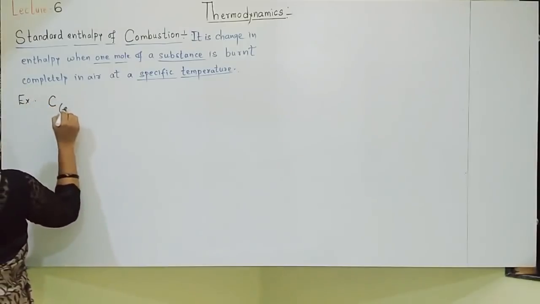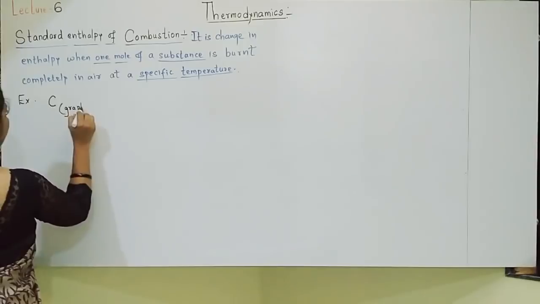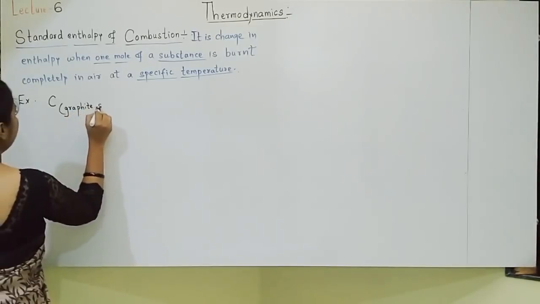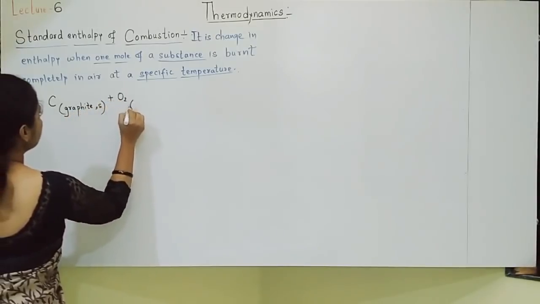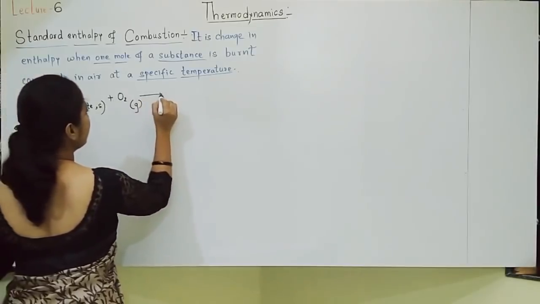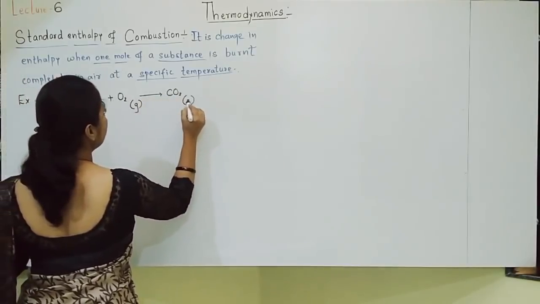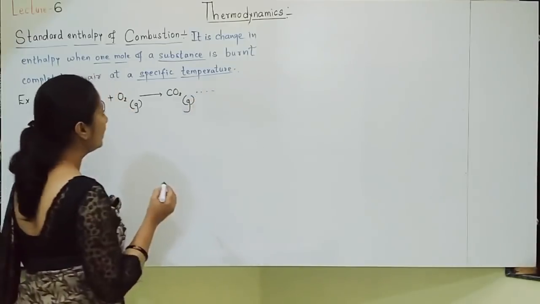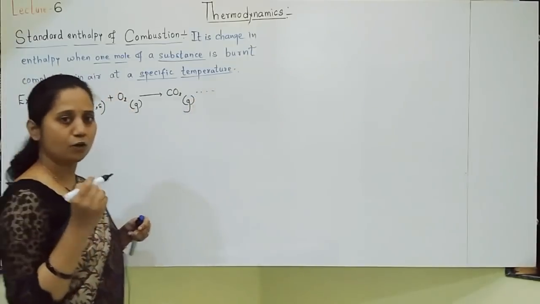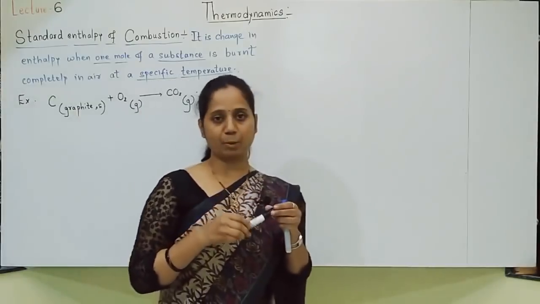Carbon. Physical state, don't forget to write. Graphite, it is solid, plus oxygen, gas, gives carbon dioxide, gas. Okay. Is it burning? Yes. How will you understand? Students, always remember, you have to write